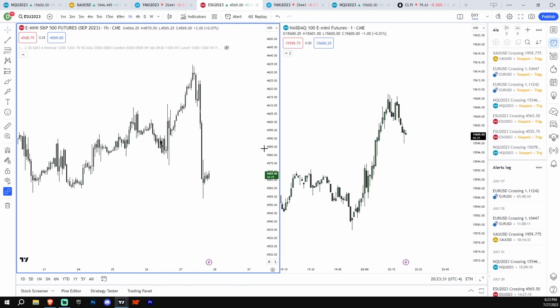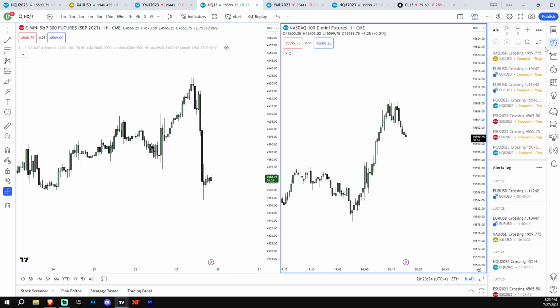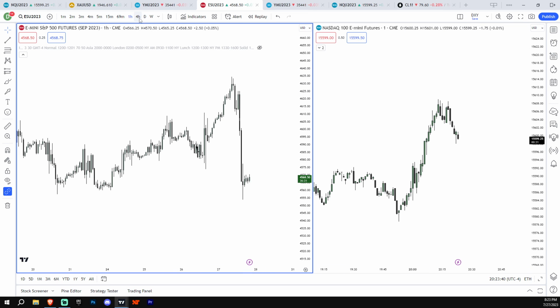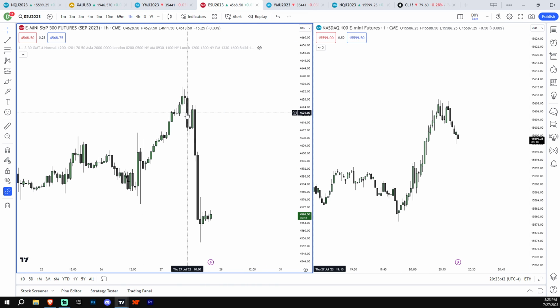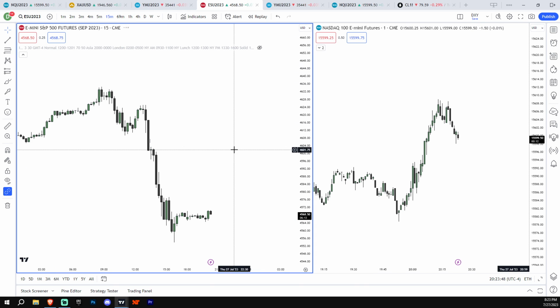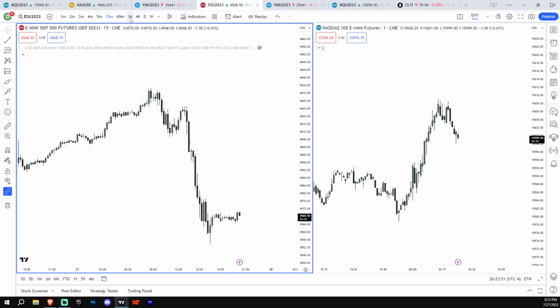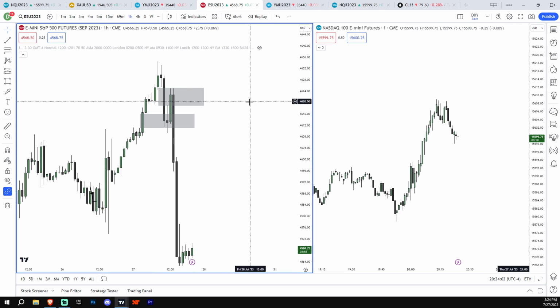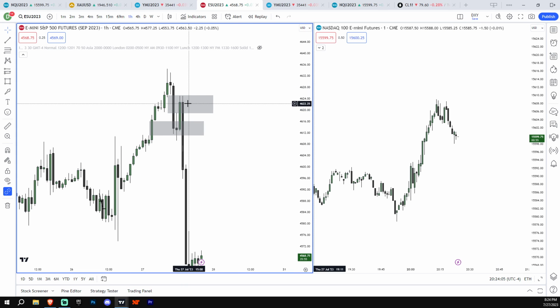So yeah, I'm gonna start just doing a review of today. Very interesting day. The first thing you should be noticing in the 1 hour is after we pulled back this morning, we got a 1 hour fair value gap. And I always say this is a 50-50 situation. Why is this 50-50? Because when we retrace to this fair value gap, we're delivering from a bullish fair value gap, from discount. Well, semi-discount.